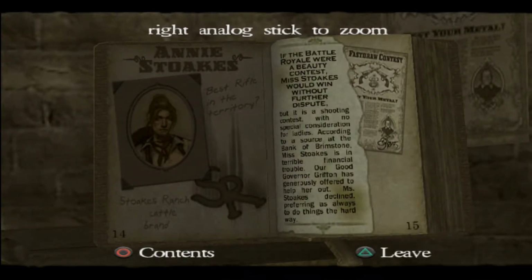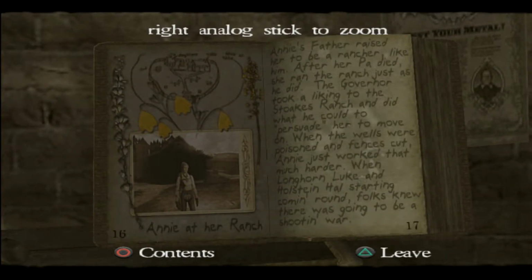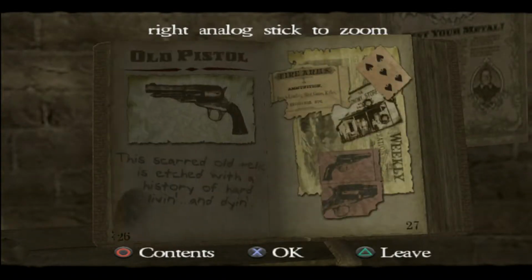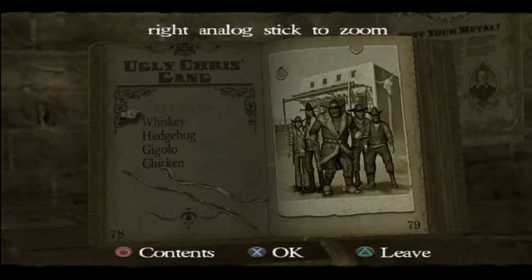Okay, and there's Annie Stokes. I don't know when we meet her because I've only gone through chapter 6. That's as far as I've gotten in the game ever, and I have not yet met her, so I don't know when she appears, but I'm sure we'll see her soon enough. All right, so that's it for that. Now we got sidearms. We got the old pistol unlocked, so you guys can read through that. And that's it for the